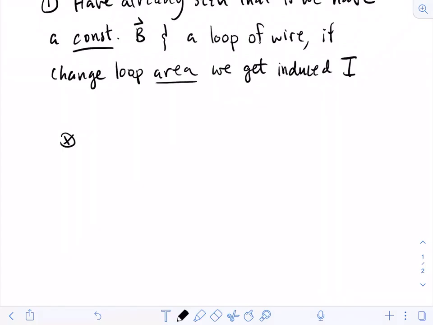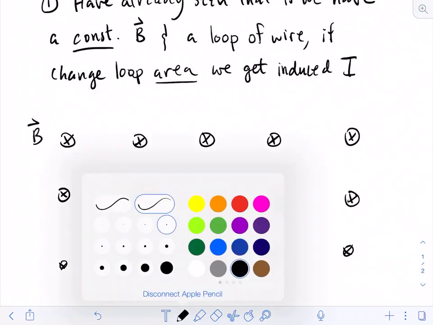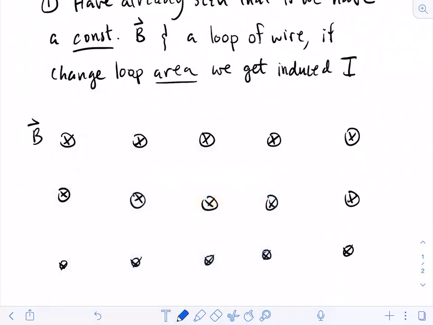So we had a magnetic field, and let's suppose that that magnetic field is pointing into the page. And we'll assume that that magnetic field is uniform and constant. So it's everywhere the same, and its value is not changing with time. So there's our uniform constant magnetic field, B. And then what we imagined is we had some kind of loop of wire. So we had some blue conducting wire,